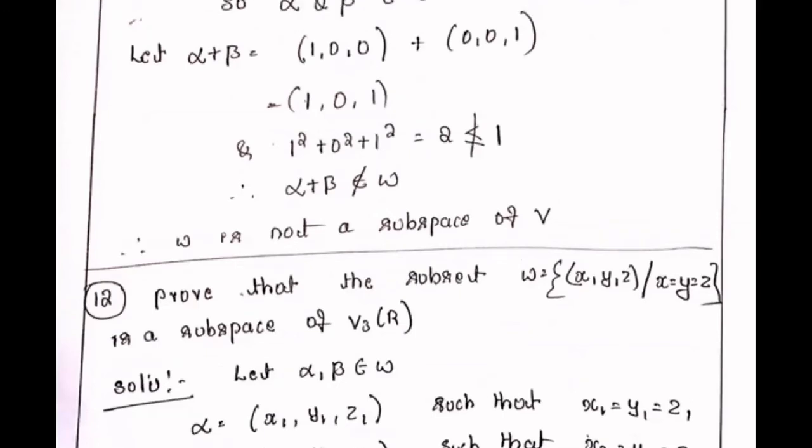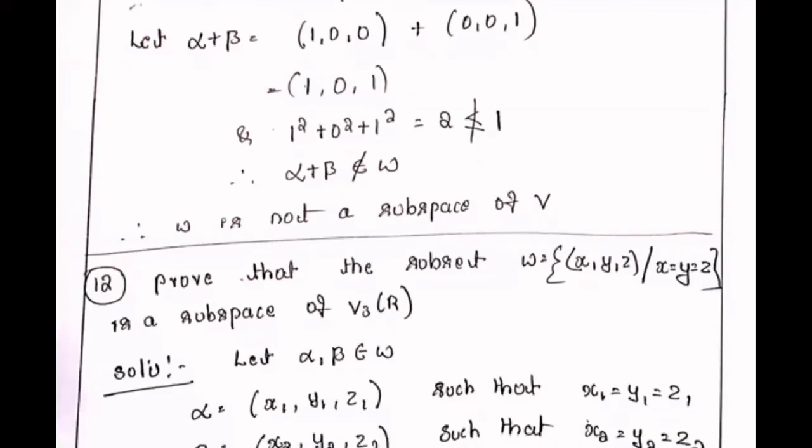What's your question? I didn't get it. Sir, like we take samples, like 1 0 0 and 0 0 1, alpha plus beta, if you get it, it's not less than or equal to 1, no, sir? Is there any other sample where it will be less than or equal to 1? Yes, you consider 1 0 0 and minus 1 0 0. Two vectors, if you add them, you'll get 0. Or you consider 1 0 0 and another vector as 0 0 0 only. Okay, yes, all the possible cases, sir.